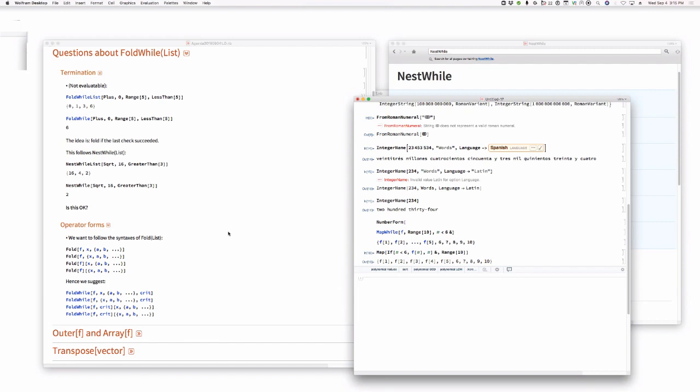Is FoldWhile useful with this returning the first failure case? I mean, clearly FoldWhileList, you could just say Most if you didn't want the failure case. But FoldWhile itself may be kind of useless. I don't know. What are some good examples of FoldWhile? Let's come up with a few examples of FoldWhile, okay? Mm-hmm. And then let's